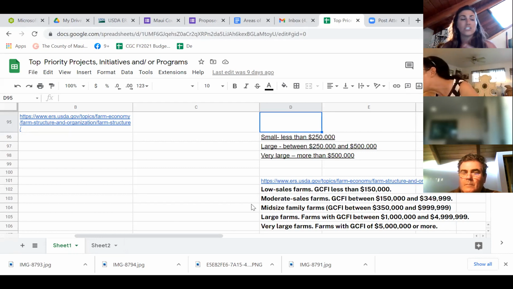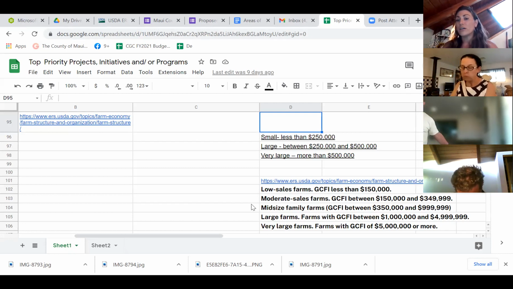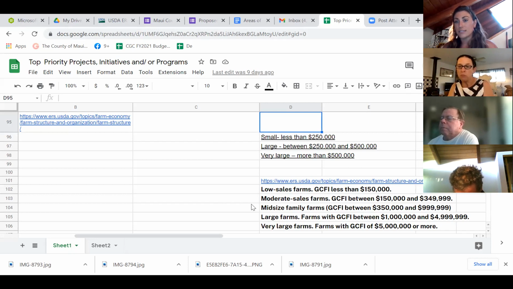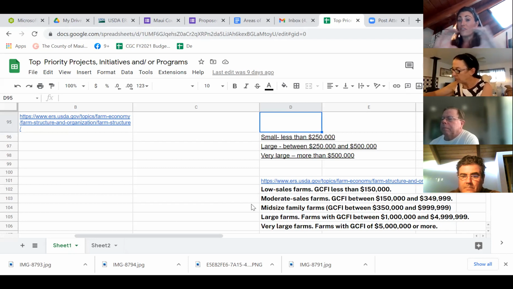One of the conversations, not one, but multiple conversations throughout this process, is how do we guarantee this department isn't just going to help out the big farms and not the small guys, like the state and federal level has done? So we need to put language in there that has the department targeting resources to help a specific demographic of agricultural operations. So we're just using these as a baseline.